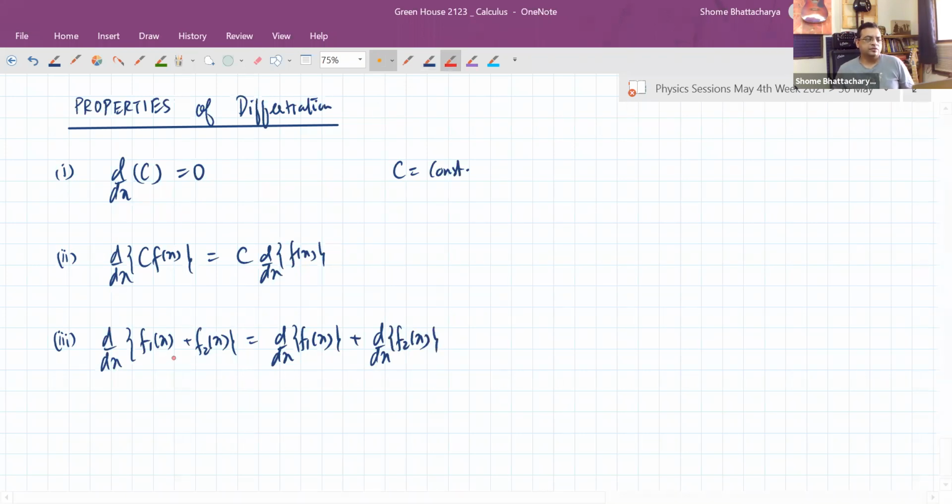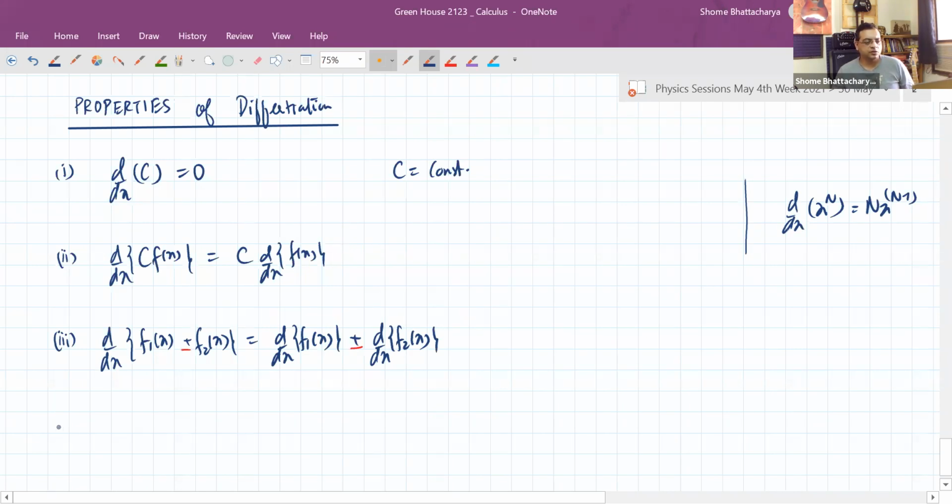Or for that matter, if we are subtracting two functions, then it is the difference of the individual differentiations of the two functions. So you can see that along with these properties, if we use the formula that differentiation of x to the power n is equal to nx to the power n minus 1, then this becomes a very powerful set of formulae and properties through which we can differentiate lots of algebraic types